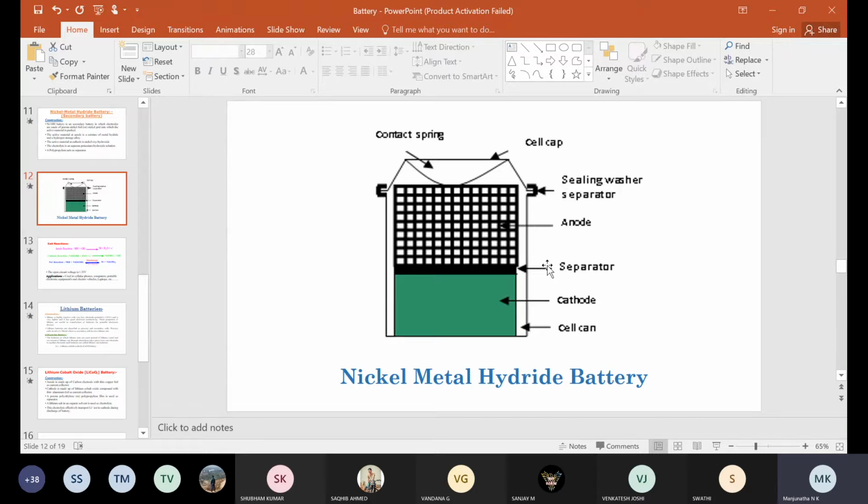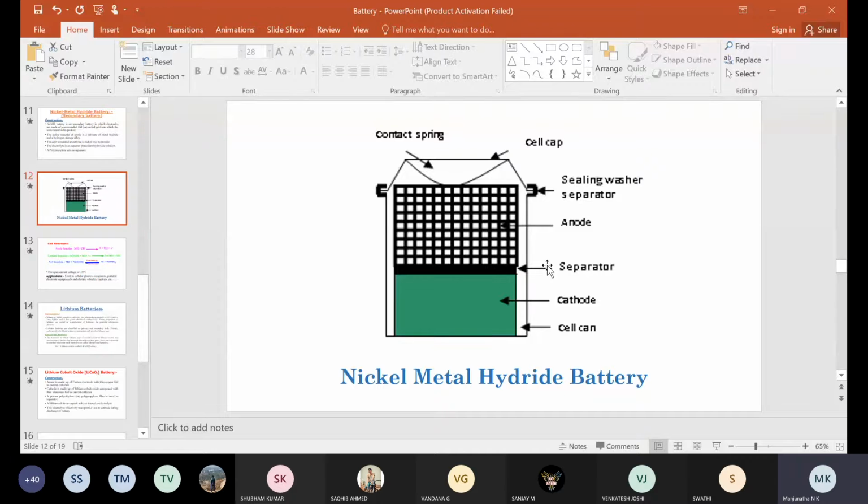First, coming to the battery: it is a device that enables us to convert the energy liberated in a chemical reaction into electrical energy. It is called a battery. Means whatever devices have the ability to convert the energy liberated during a chemical reaction into electrical energy, those devices are called batteries. For example, lead acid battery, nickel metal hydride battery, nickel cadmium battery, lithium manganese dioxide battery, etc. These are some examples of batteries.